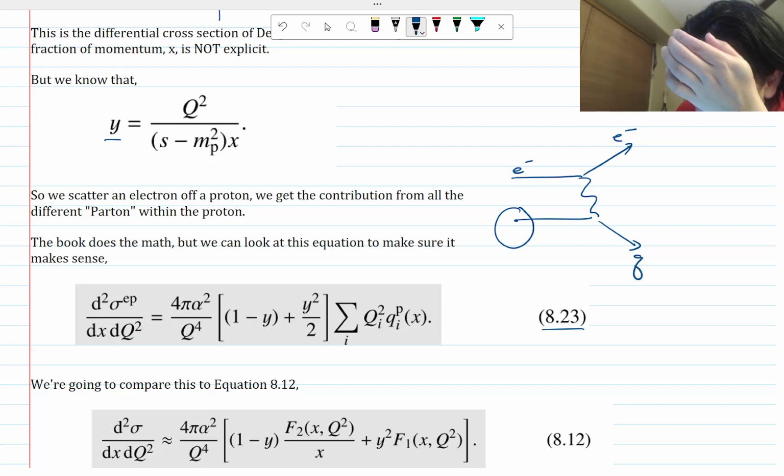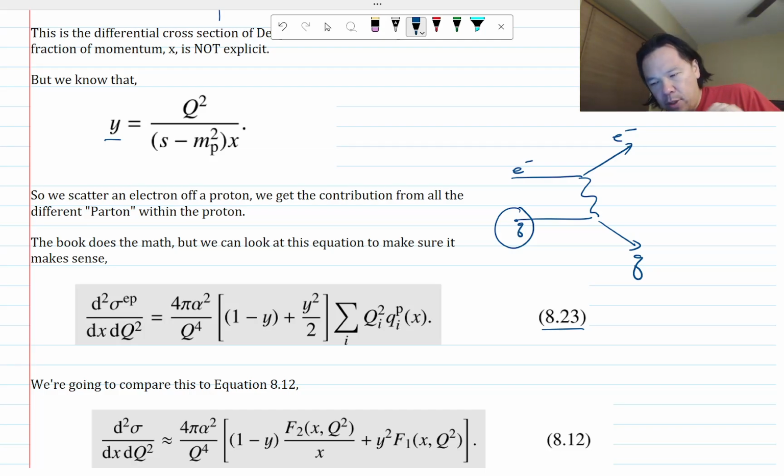So this is some quark. When this happens, you cannot tell which quark you actually scattered off of. All you'll measure is basically the outgoing angle here and whatever energy E3 is. So you actually cannot tell